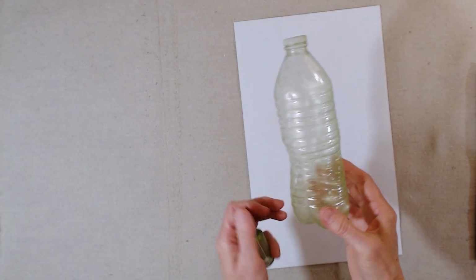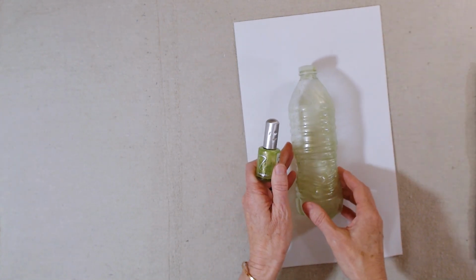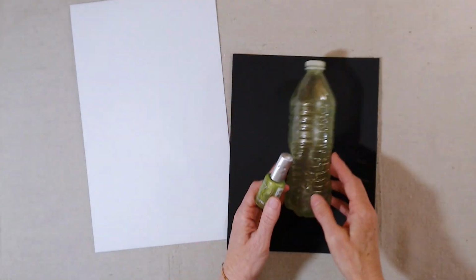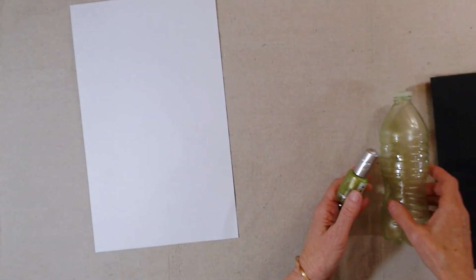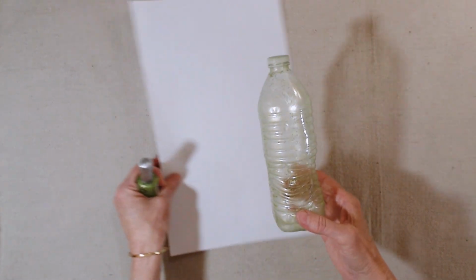This was a fun one. I used some fingernail polish, and this is probably the fastest way. I don't know, does it show better this way? It's hard to see. It's actually a pretty nice kind of pearl green color, but